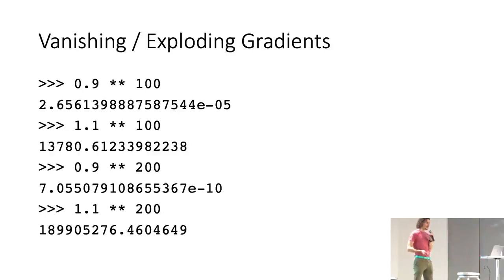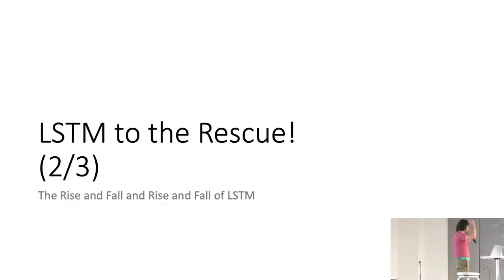In linear algebra, this is about the same, except you need to think about the eigenvalues of the matrix. The eigenvalues say how much the matrix is going to grow or shrink vectors when the transformation is applied. If your eigenvalues are less than 1, you're going to get gradients that go to 0 as you use this matrix over and over again. If they're greater than 1, then your gradients are going to explode. And so this made vanilla RNNs extremely difficult to work with, and they basically didn't work on anything but fairly short sequences. So, LSTM to the rescue.